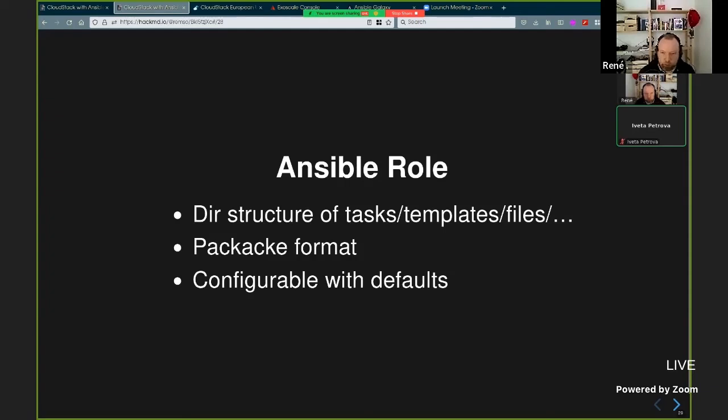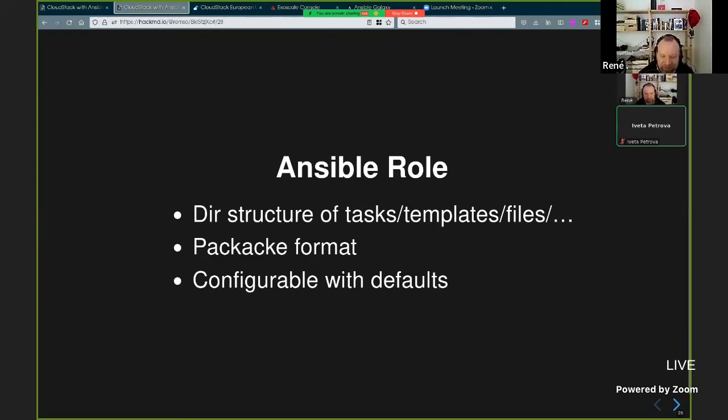To work with these tasks, it is nowadays common to use roles. A role is like a tiered structure of tasks, templates and files related to a topic. Oh, there's a typo there.